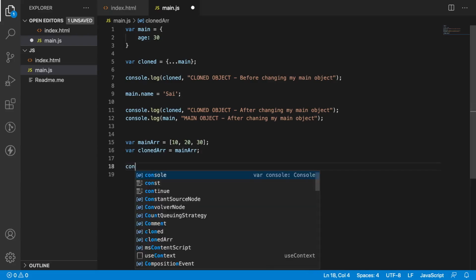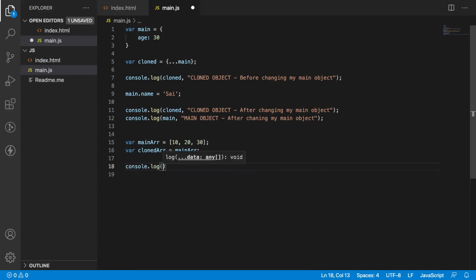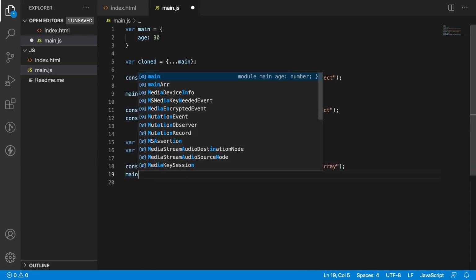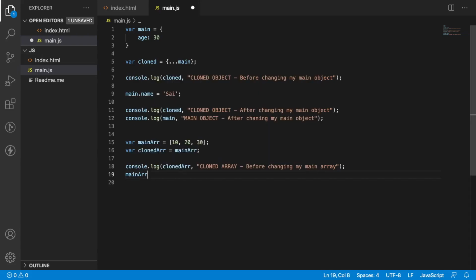And let me print console.log of cloned array, before changing my main array, and let me change my main array with push of 40.